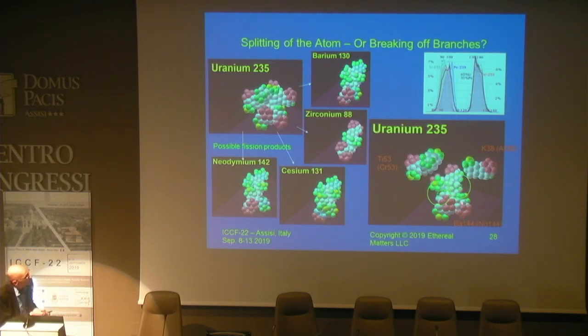But the point is that this structure, which is already in the uranium, is basically the shape of the other normal elements that we know. So these red ones here, they decay, migrate to the center to make a more balanced situation, which leaves you with something like a cesium or a neodymium. The branches that come off, we believe that they first actually come together to collectively break off, forming the first peak. Now the numbers 53 and 38, if you add them up, you're in that 90-ish, 100 region. The remainder is always in that